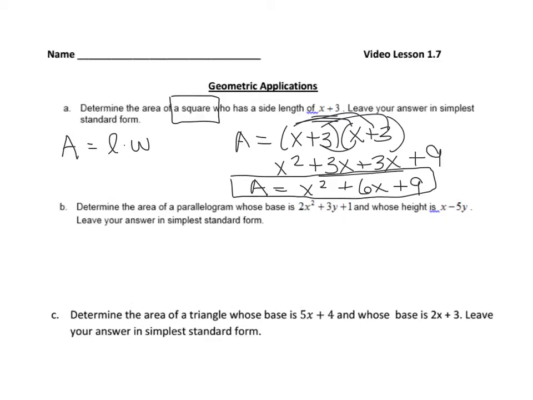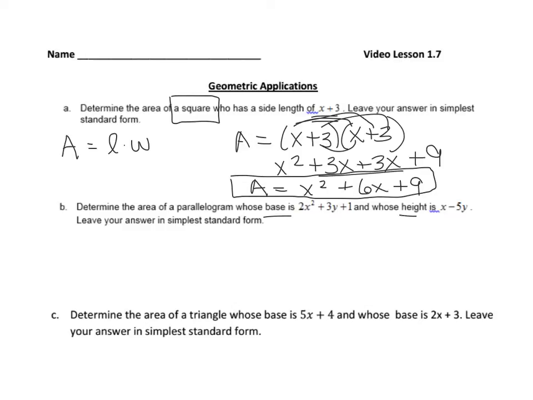Okay. Letter B says determine the area of a parallelogram whose base is 2x squared plus 3y plus 1 and whose height is x minus 5y, and leave your answer in simplest standard form. Now a parallelogram could be a square, because a square has opposite sides parallel and congruent. Could be a rectangle, because a rectangle has opposite sides parallel and congruent. But usually when you're talking about a square or a rectangle, you use the terms length and width, not base